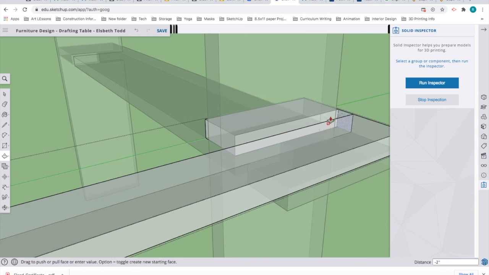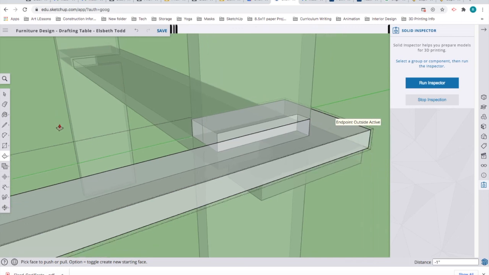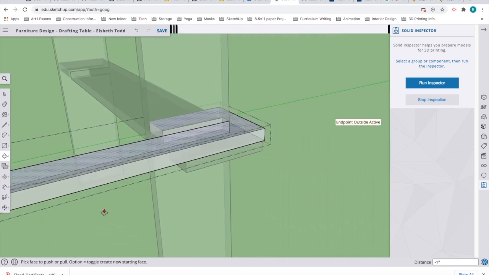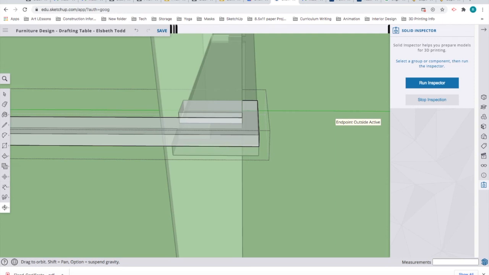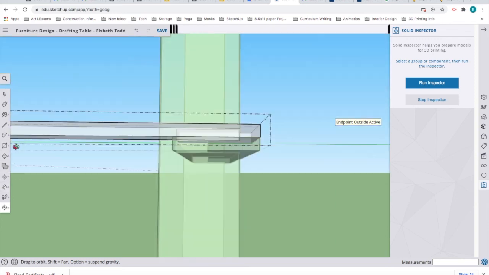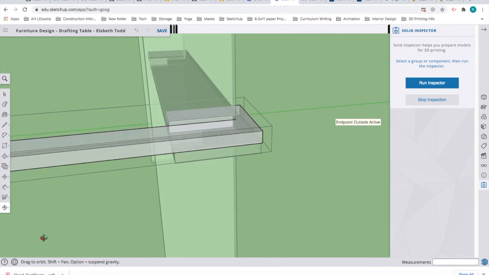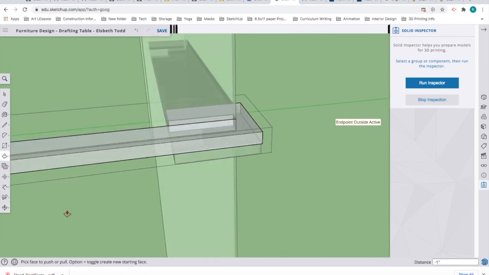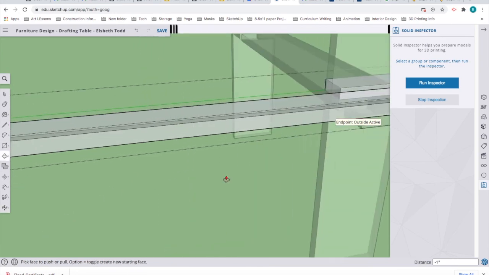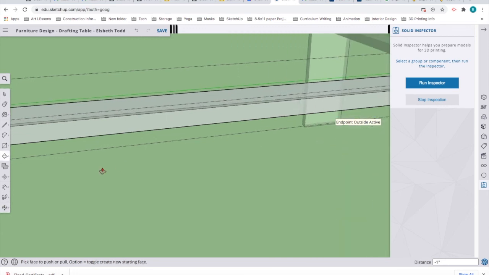Yep, to here. Okay, and I think that's the only one that I have to change. Otherwise, on this one, things look good, but somehow over here,